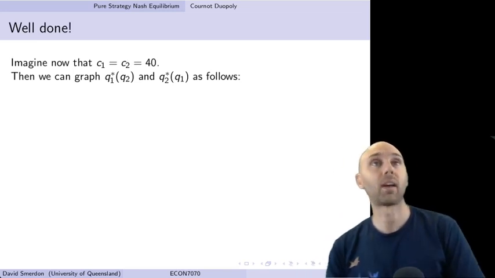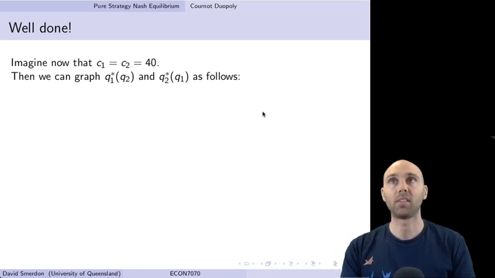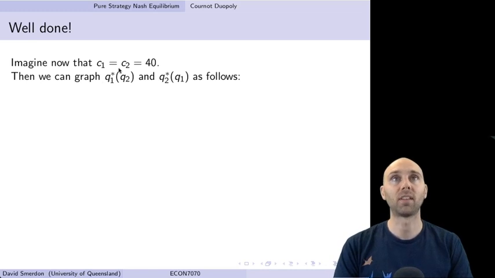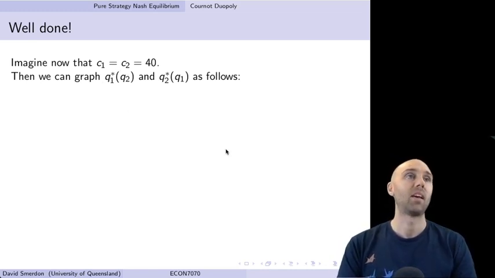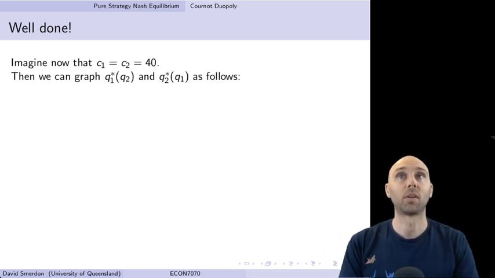In fact, it's essentially solved. But if we want to work out equilibrium, now we just need a few little extra pieces. So let's see an example now where we set the marginal costs equal. We'll set them both at 40. And we can see the equilibrium that comes out by plotting these two best response functions and finding their equilibrium